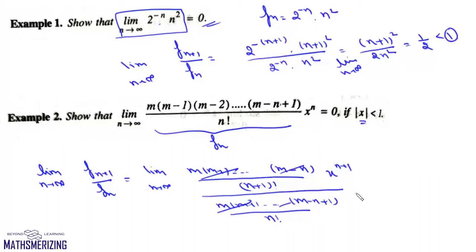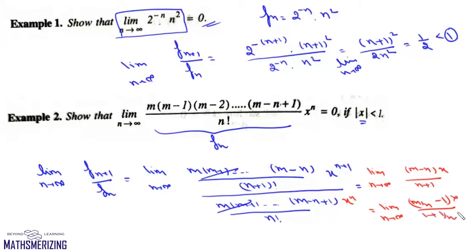So what we'll get is the limit as n tends to infinity of (m-n), here we'll also have x to the power n into x upon (n+1), and if we divide it by n, we can write this as the limit as n tends to infinity of (m by n minus 1) into x upon (1 plus 1 by n), which is nothing